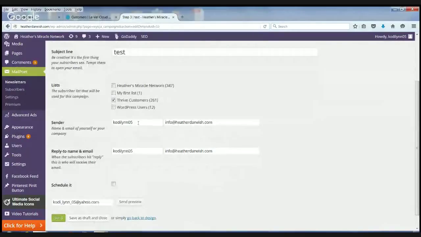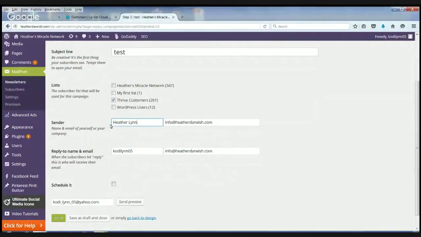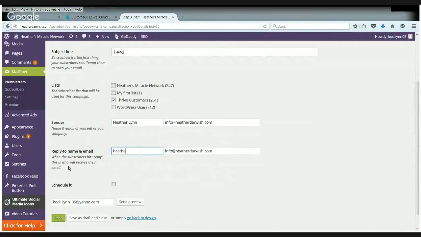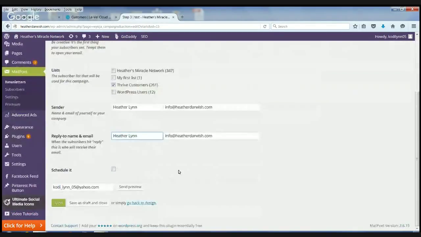Now you can type in the name. So I'm going to put Heather Lynn, who's sending it, so it shows up in their email, and who they replied to, Heather Lynn. Okay, and then you can either schedule it or you can send it right now. And the nice thing that I like about it is that at the bottom, they can automatically reply to you. And if you have branded your name, like I've branded my name as Heather Lynn,